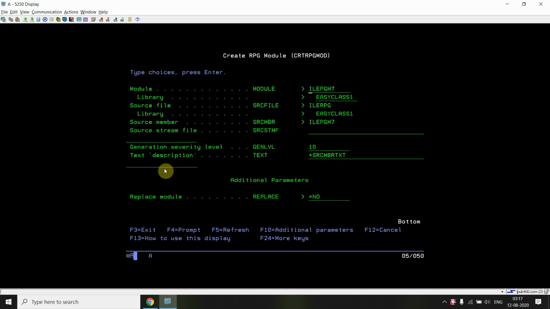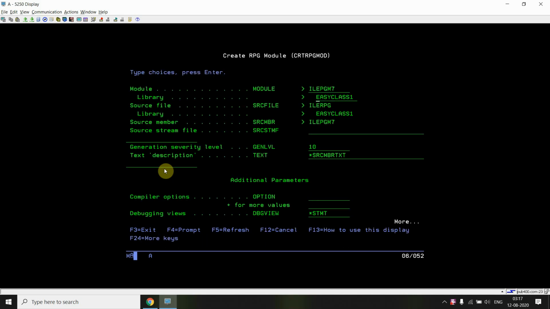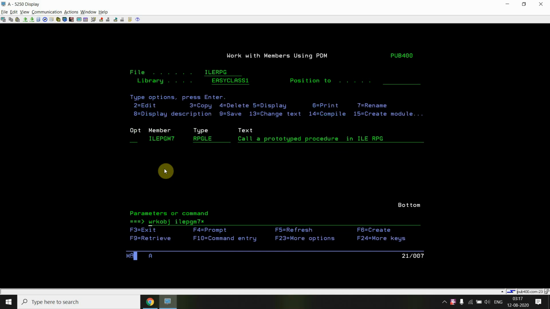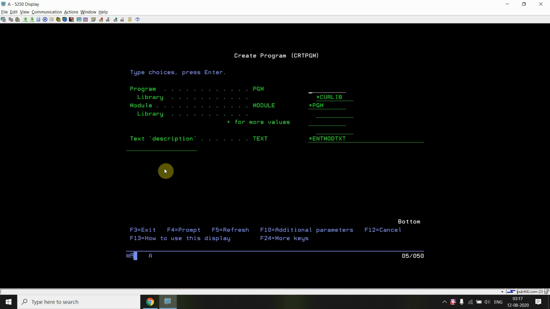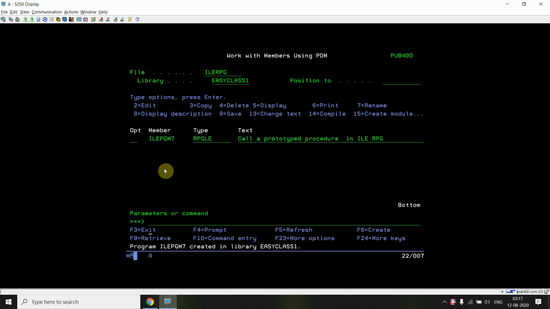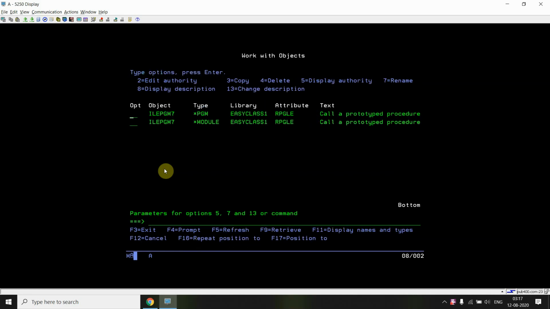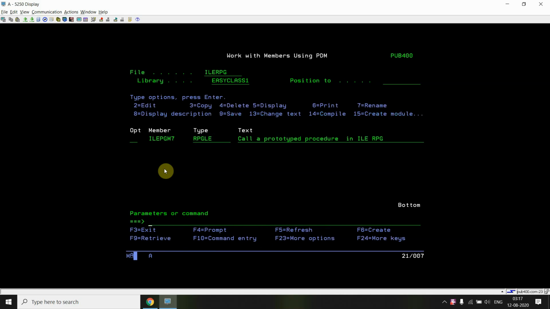So I am creating a module from the source, then I am creating the program ILEPGM7. Both module and program objects were created successfully.